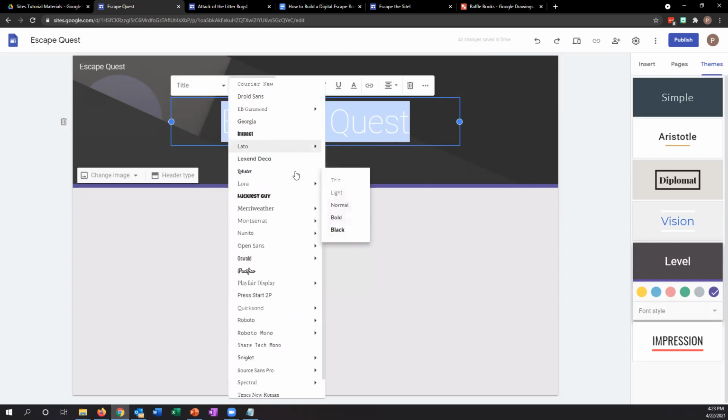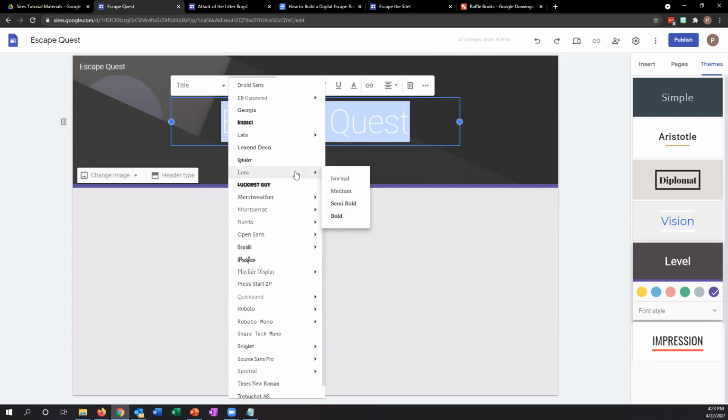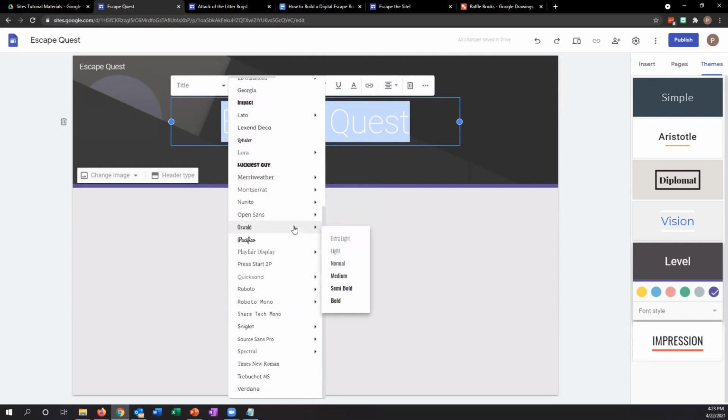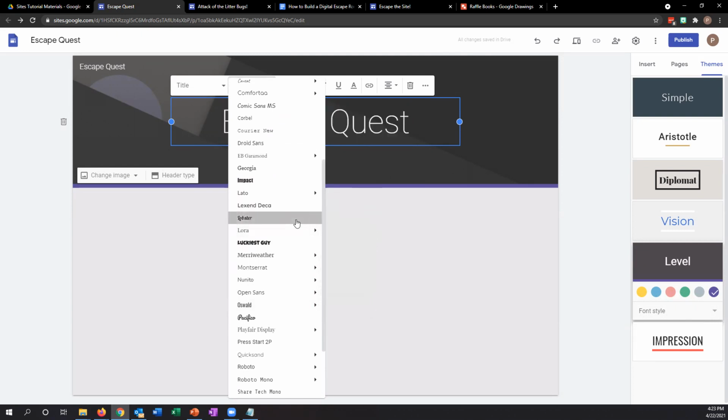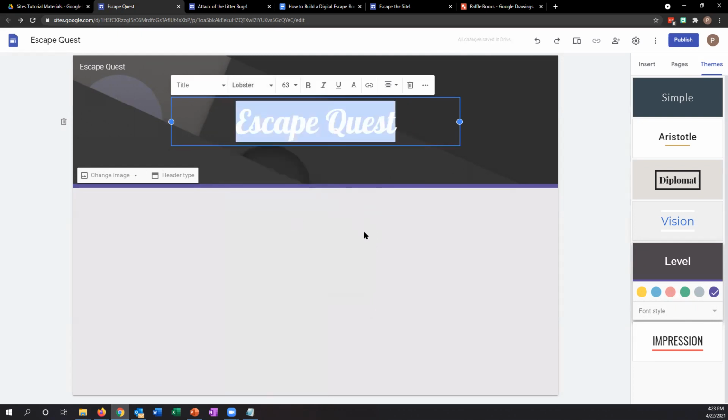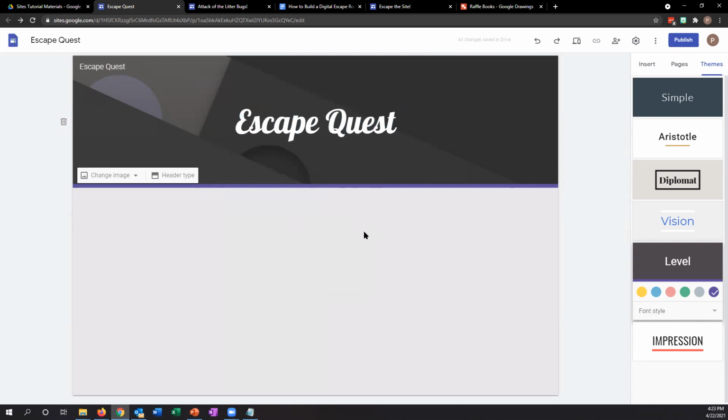If I want something that's a bit more medievally looking, maybe. I don't know if there's one here. Let's do Lobster. There's sort of a scripty font. Maybe we're on a medieval scroll or something. May not be the best option depending on your grade level. You'd want to make sure your kids can read script fonts before choosing that, but you have a lot of